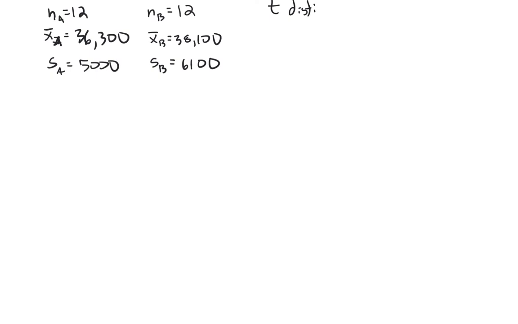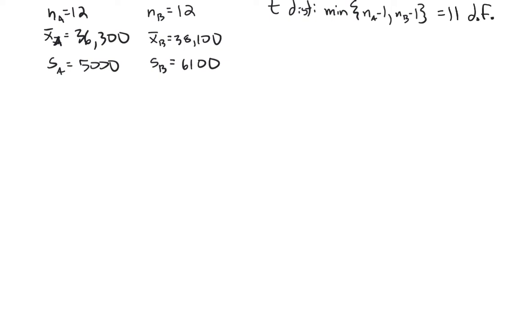Okay, so we talked about this being a t distribution, and given our data and given the way that we calculate this, we're going to be conservative, and we are going to say that the degrees of freedom is going to be the minimum of n minus 1 for both sample sizes. And in this case, they're the same. We have 12 minus 1 is 11, 12 minus 1 is 11. The minimum of 11 and 11 is 11 degrees